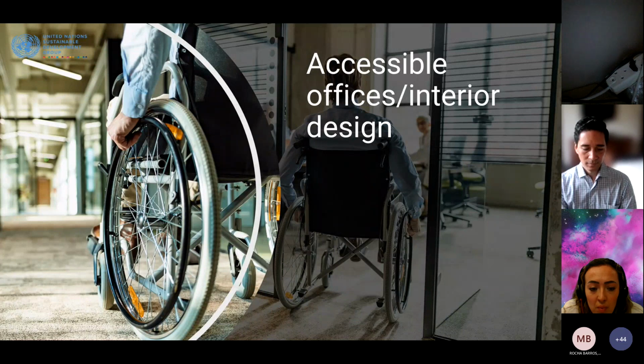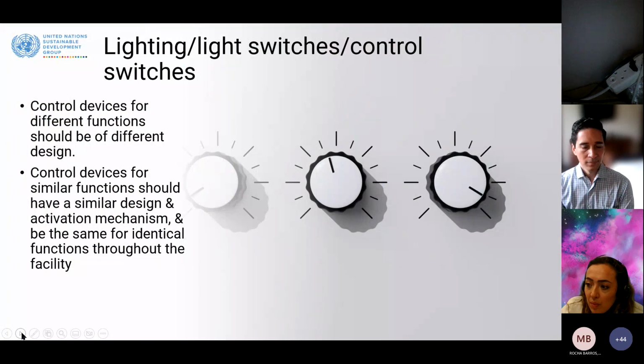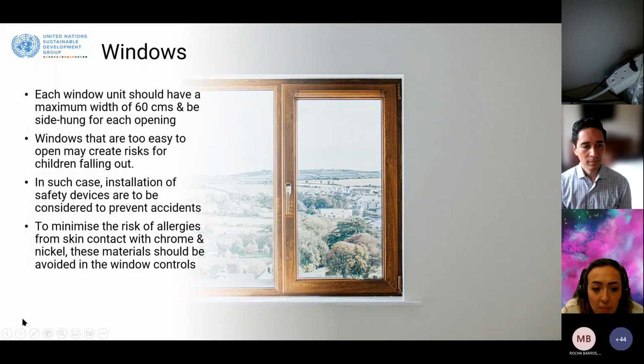A very important thing is always to make sure not to move commonly used items, and keep them in a designated fixed place so that they can be used by everyone. Whether it's in offices, kitchenettes or cafeterias, always keep commonly used items in their fixed place. And make sure to label all appliances, vending machines, microwave ovens, stoves. Make sure to label them in braille, in raised line labels, and also high color contrast labels as well.